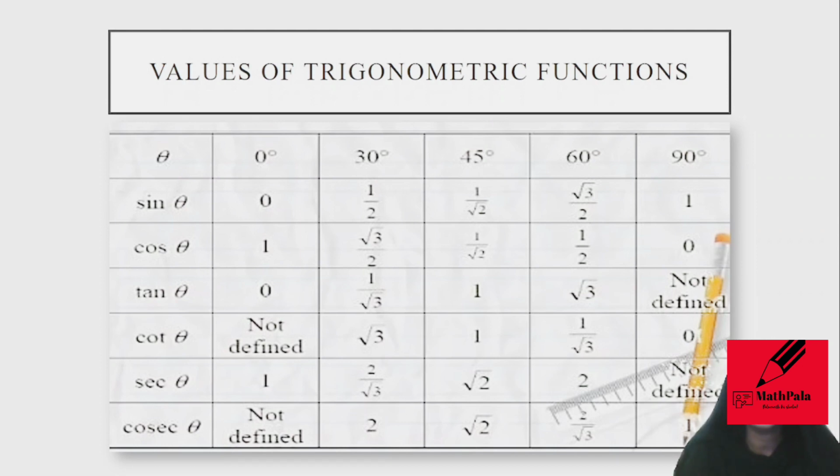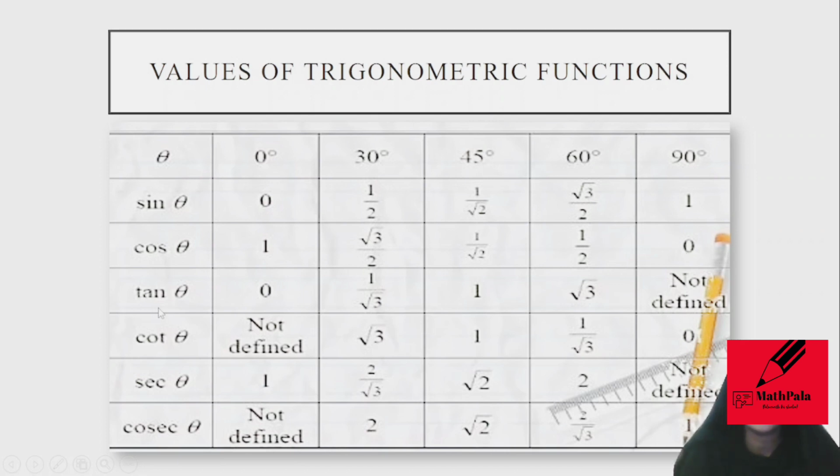Here we are dealing with a right angle triangle, so we are taking angles from 0 to 90. That means for theta equal to 0 degrees, the value of sin is 0. For theta equal to 30 degrees, the value of sin is 1/2, and so on. We just need to remember this line, that is the values of sin, and later on we can easily make the whole table. How? To get the value of cos theta for angles between 0 to 90 degrees, we will just reverse this line. That means we will write 1 here, then root 3/2 here, 1 upon root 2, 1/2 and 0.